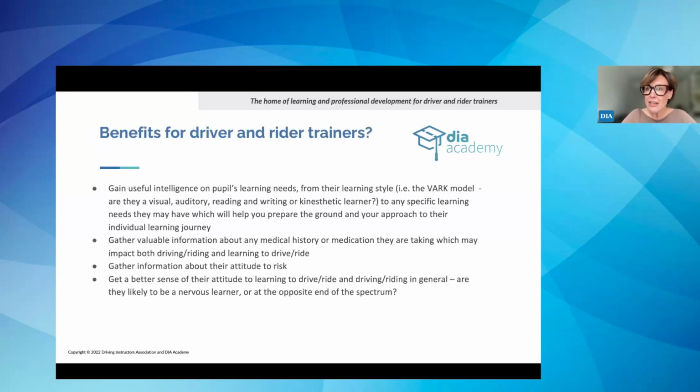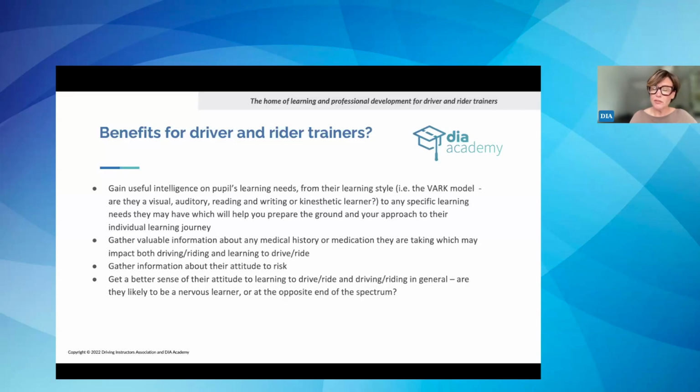So, what are the benefits of doing this, what looks like to some extra work? What is the gain that you will get from doing all of this? Well, pupil profiling can obviously give you some useful intelligence on the pupil's learning needs, their learning style. So we'll talk a little bit about learning styles in this webinar, but I think we've got plans to do specific webinars on learning styles, and it's all integrated in elements of our CPD program anyway.